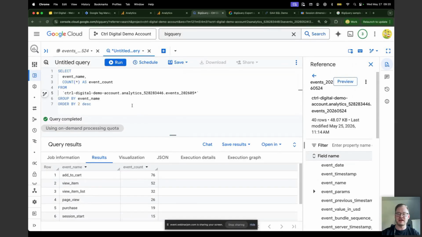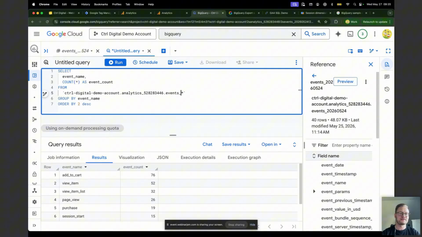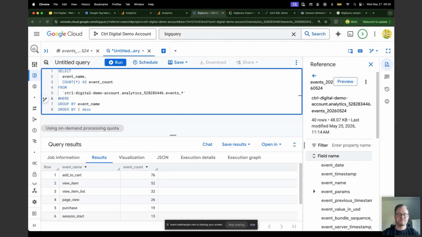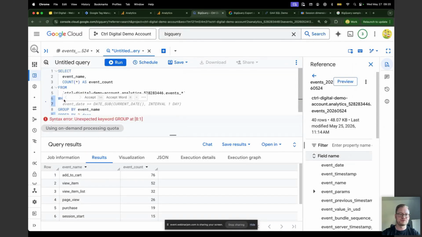I want to set a date range. Well, what we can use then is, if I go like this, it will give me all tables, all of my history. But we can go where,